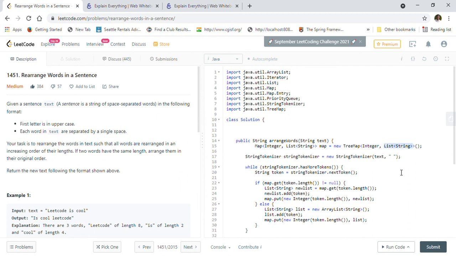Since the value is a list of strings, automatically it maintains the original order of the words in the input string. So we don't have to worry about the original order. So both the solutions are working and getting accepted. So this is the way you can solve the rearrange words in a sentence LeetCode problem.